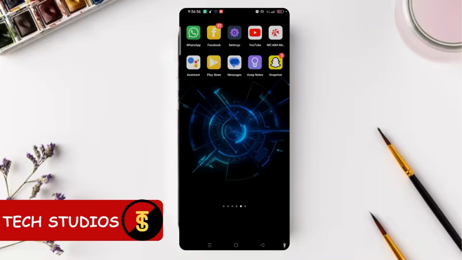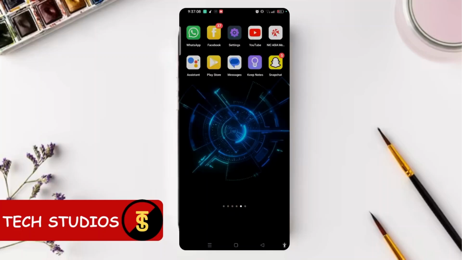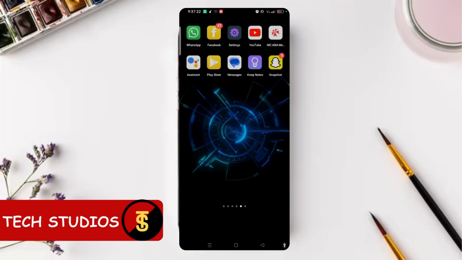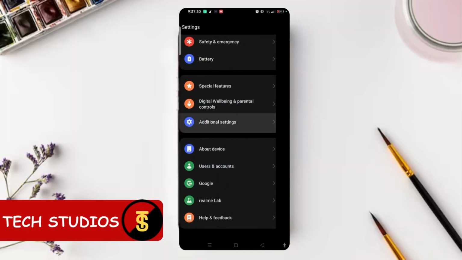The next thing you can do to take a screenshot is simply click on the volume down and the power button. So let me do it again. It's not happening. So the other way is you can simply go to settings and go to additional settings, and now